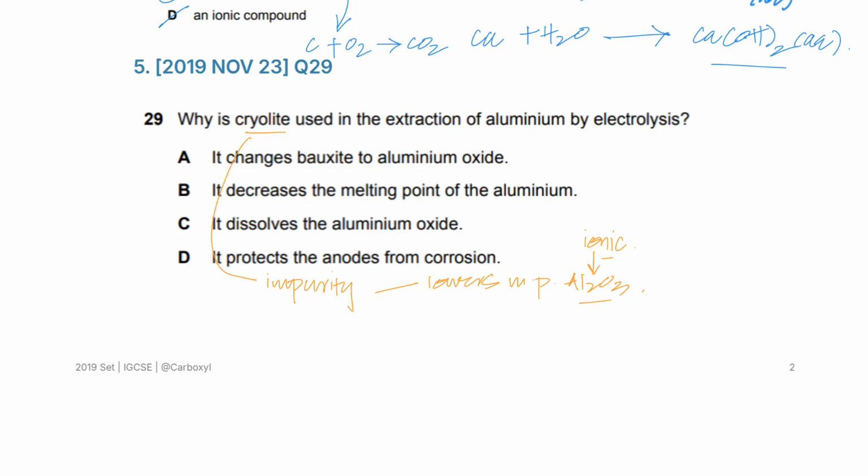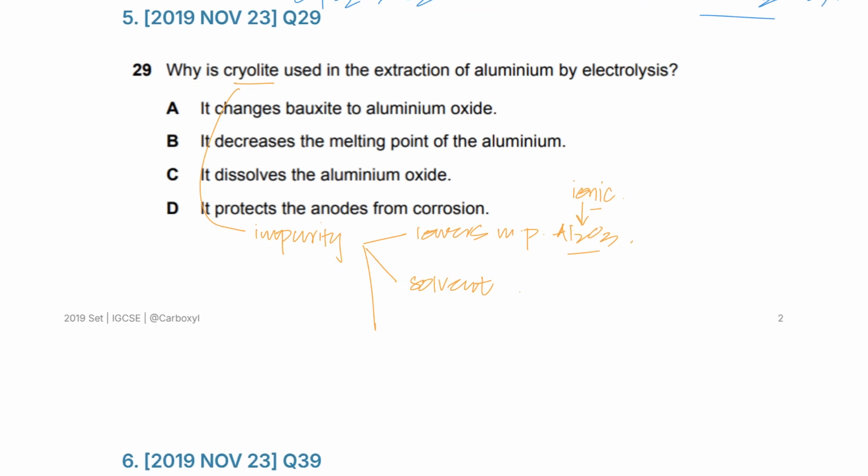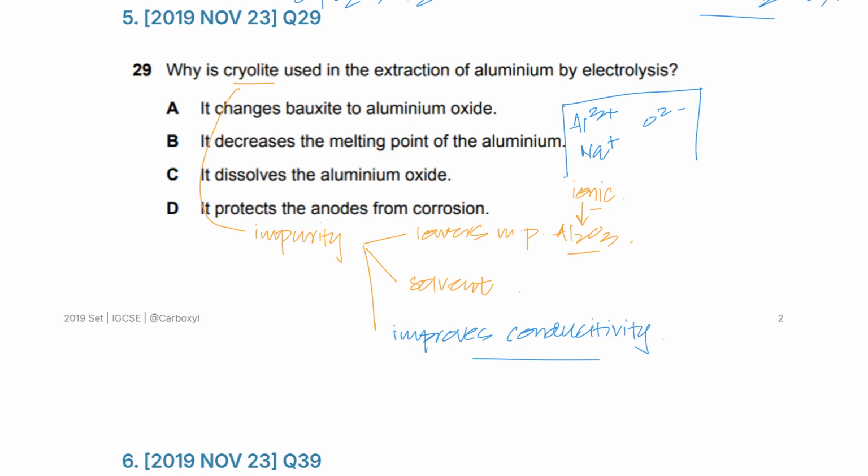Yeah. And the second reason is that you could also use it as a solvent, to dissolve the aluminum oxide. And then the third reason, which is the more important reason, is that it also improves conductivity, because it provides more ions to the solution. When you perform the electrolysis of aluminum oxide, you only have Al3+ and O2-. But when you add cryolite, you also add sodium ions and aluminate ions. So you add more ions,